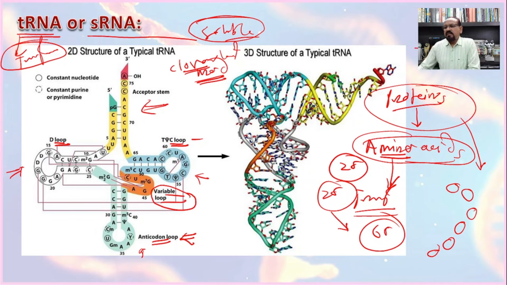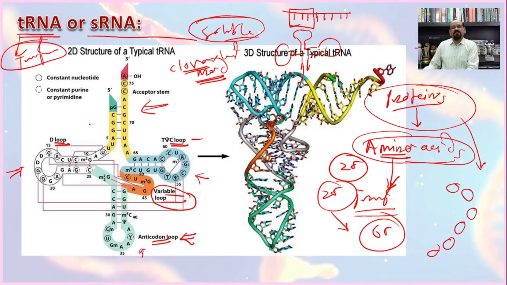If you see the codon, that is the sequence of 3 successive nitrogen bases present on mRNA, and that is known as the codon. And the complementary nitrogen base pairing of the codon present on the anticodon loop is known as the anticodon. So such 3 nitrogen bases present on the anticodon loop are considered as an anticodon, and hence on the basis of this sequence